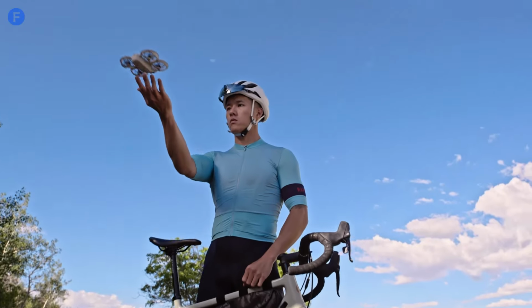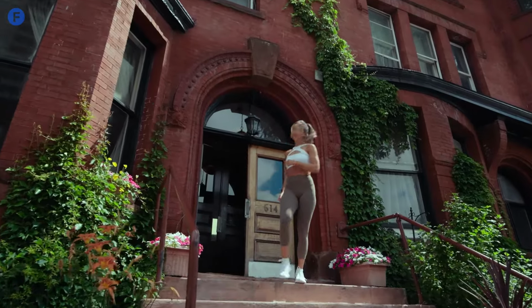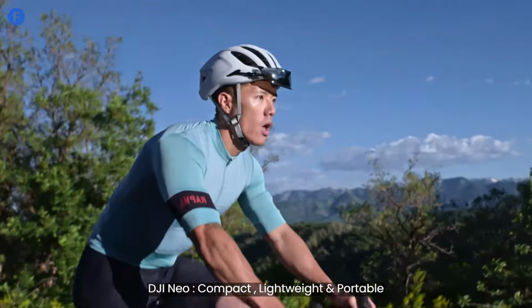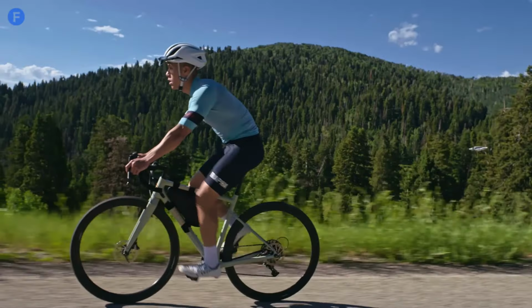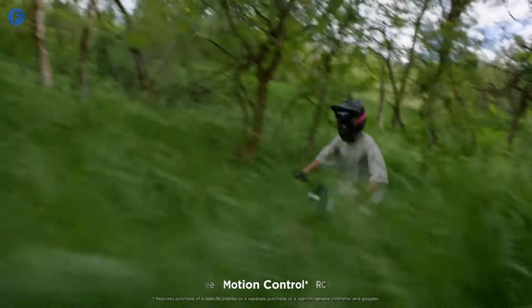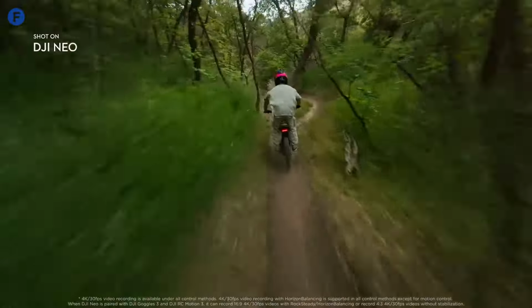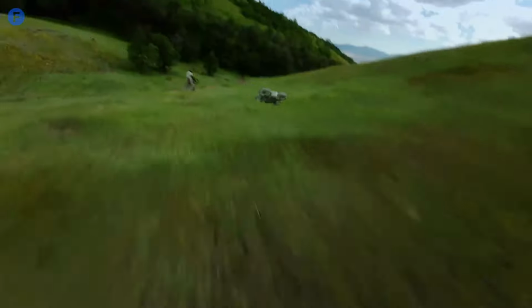So, let's get started. Let's kick things off with the design and build quality. The DJI Neo is compact, lightweight, and super portable. It's the kind of drone you can easily throw into your backpack and take on any adventure. Despite its small size, it's surprisingly durable. I mean, you can crash this thing 15 to 20 times, and it'll still fly like a champ. So, if you're a beginner or someone who's a little rough with their gear, the Neo's build will definitely give